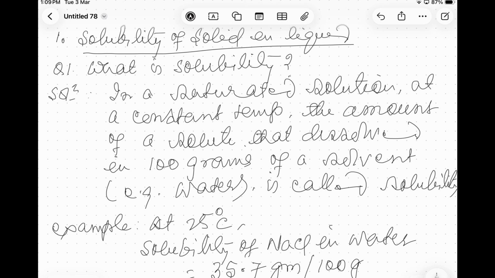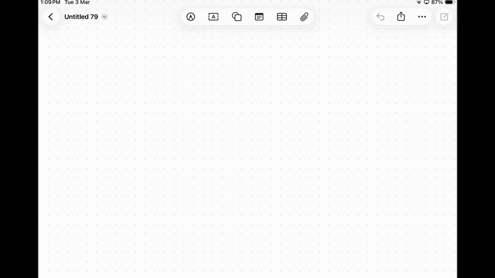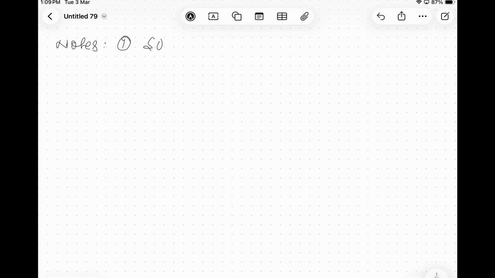This is the solubility of NaCl. We should consider two important points regarding this. So, here I am writing notes. Number one, solubility of a solute